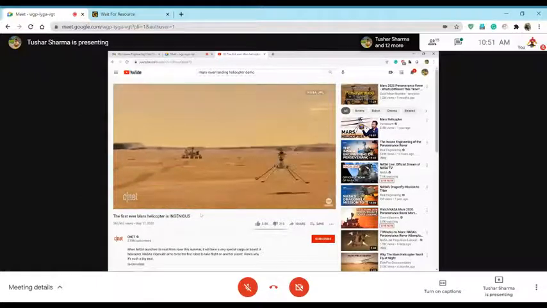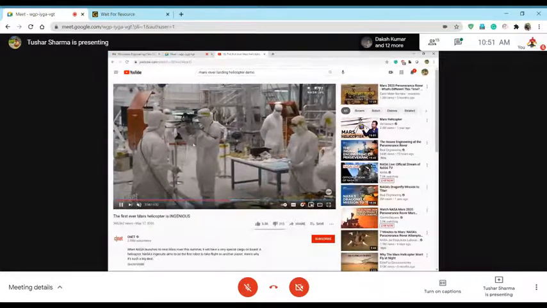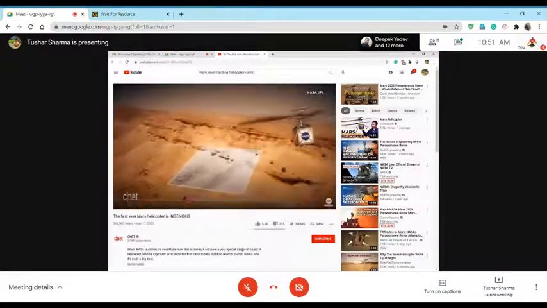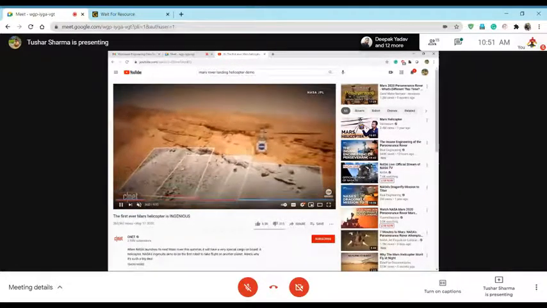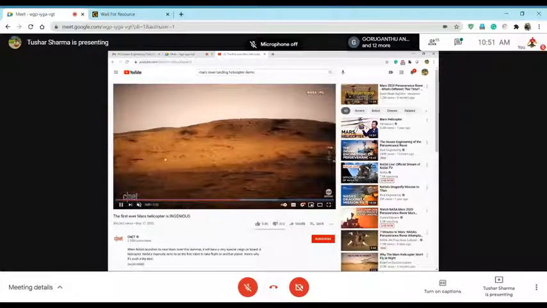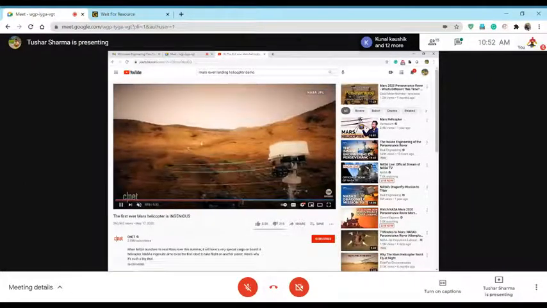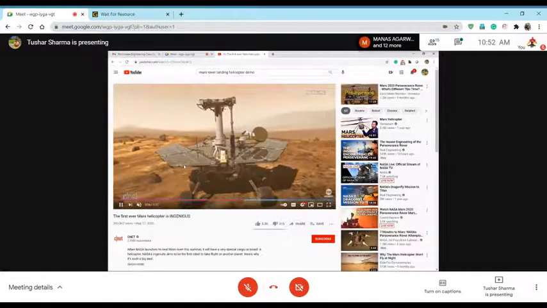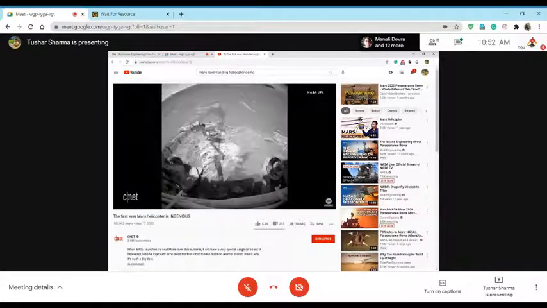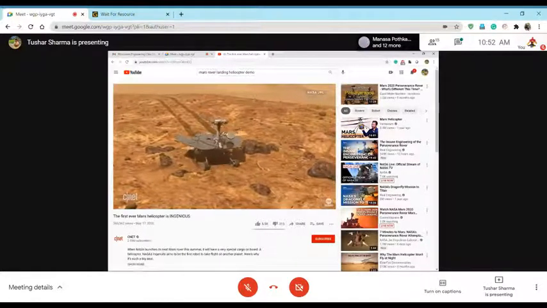This is the first time it happened. You see that there is their rover. Usually they never used to send these kinds of helicopters because you don't know about the atmosphere, so it becomes harder to fly these things on Mars. So they tried it for the first time and it worked, which is pretty amazing. And see, they communicate with each other, rover and helicopter. There is a full video about the Mars helicopter. Check that. It's very cool.